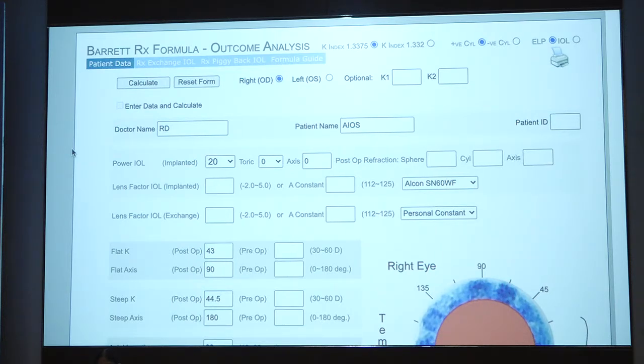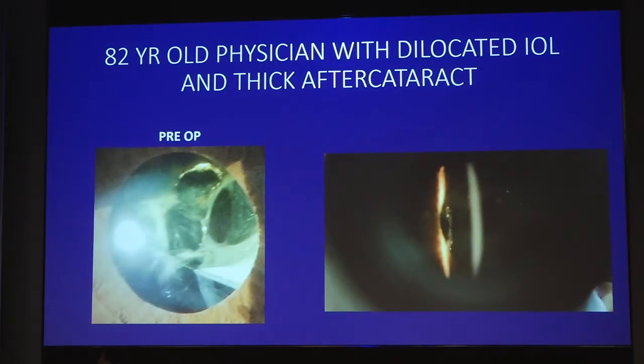Okay. By the side, you have the next option, if you want to exchange the lens, and then you have the piggyback lens formula. So this makes it very, very simple. You enter your usual K1, K2, and your axial length and the power that you have, and it will tell you whether you can rotate your current intraocular lens or you have to exchange it.